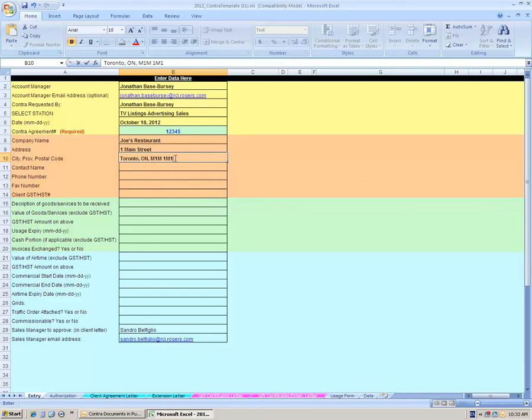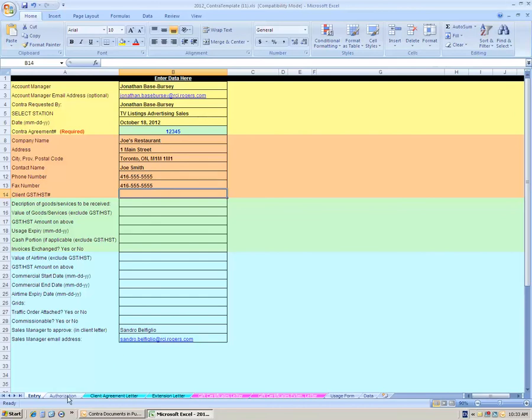So in that case, I didn't leave the postal code out. I have the province in there. I have the city in there. I'm filling everything out fully. Contact name, just put Joe Smith, and same thing. These are obviously fake numbers, but I'm just putting them in, making sure everything's filled out, because